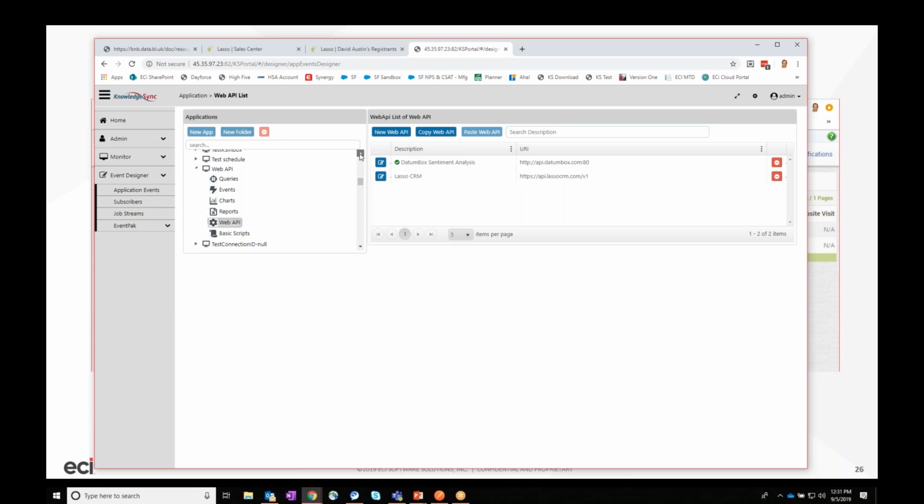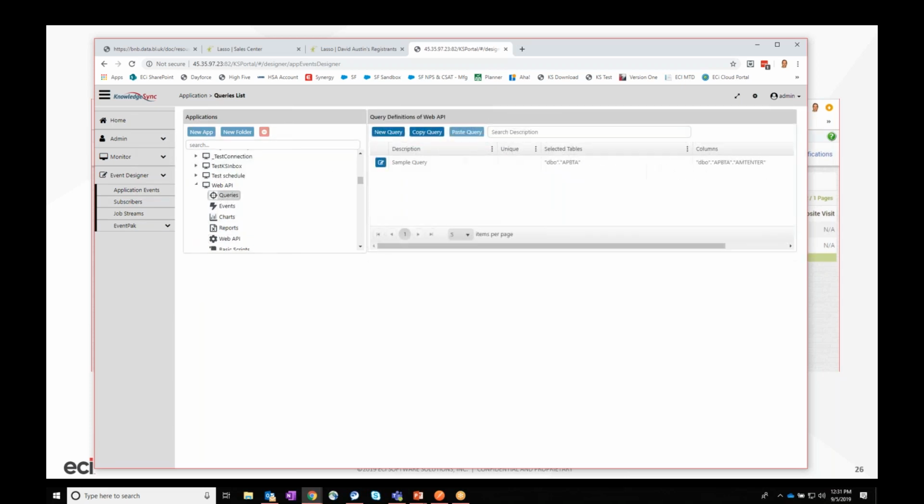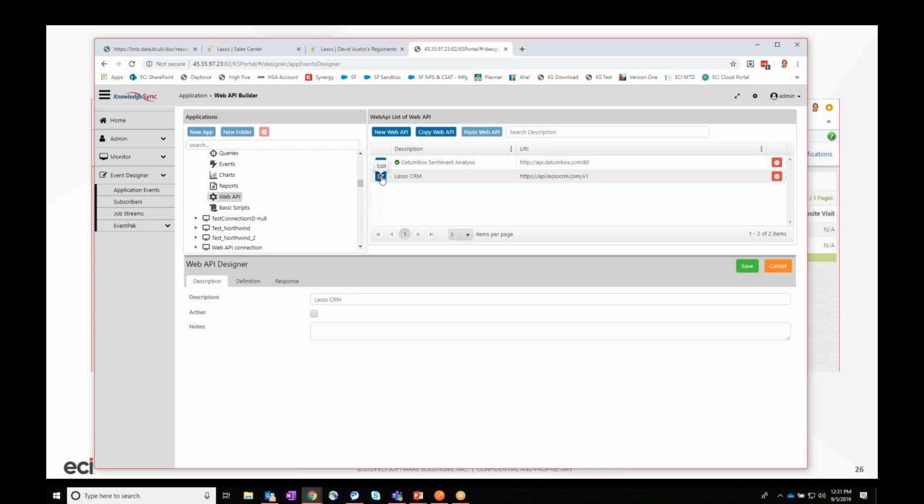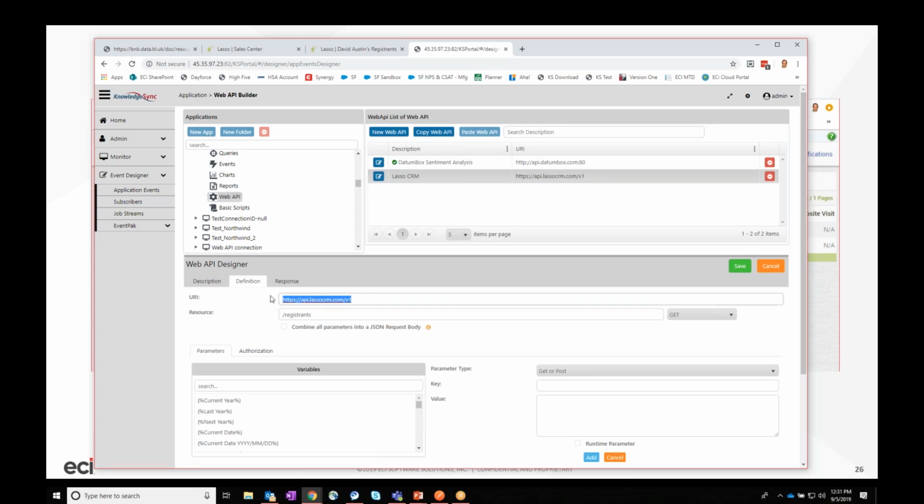So I have an application here called Web API, and it has a sample query, which I do not need. I do have an event. We'll come back to that. But importantly, here in the Web API section, I have set up Lasso CRM. So let me edit that. I just entered a description of Lasso CRM. In the definition, here's where I put the URI, the resource,